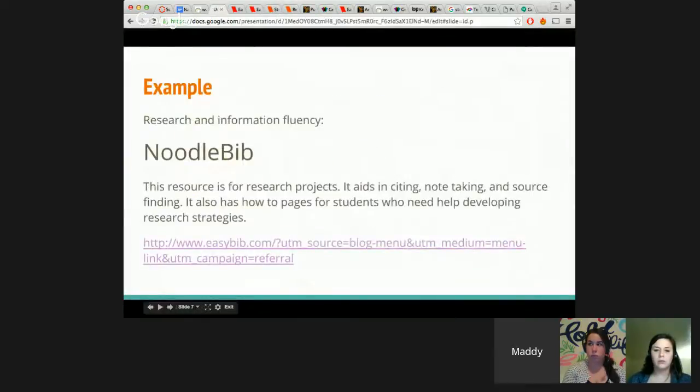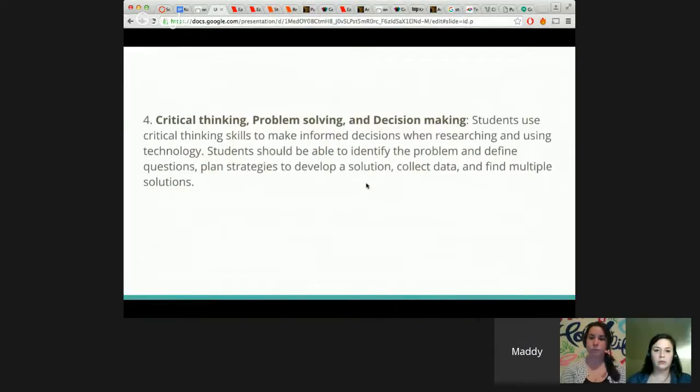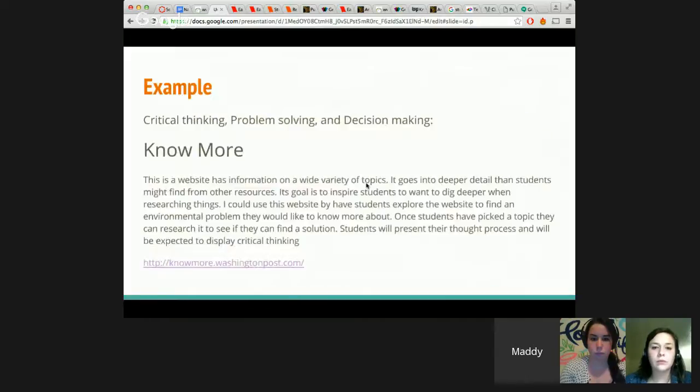The fourth standard is critical thinking, problem solving, and decision making. Students use critical thinking skills to make informed decisions when researching and using technology. Students should be able to identify the problem and to define questions, plan strategies to develop a solution, collect data, and find multiple solutions. So for an example of a technology used for this standard is a website called Know